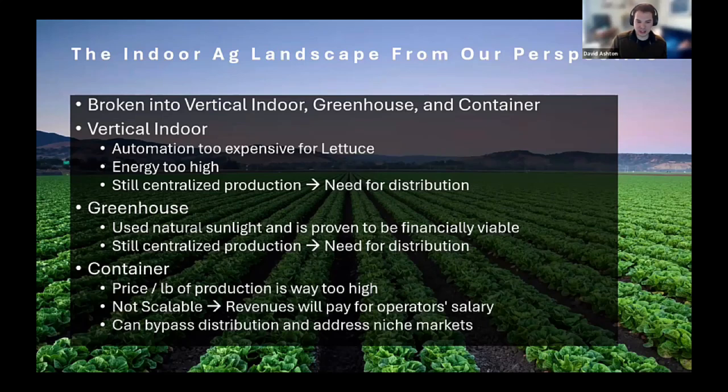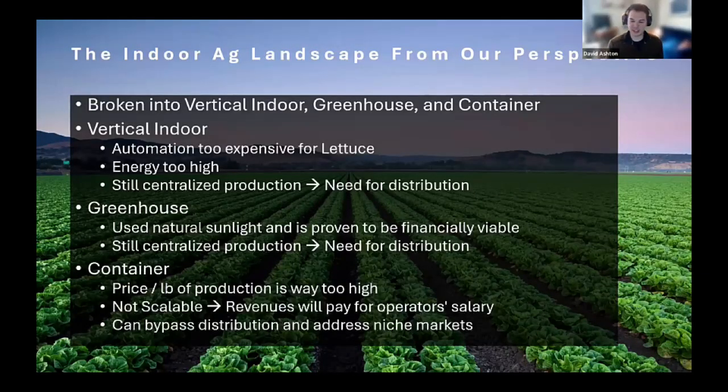Greenhouses, everyone knows our greenhouses. These are natural sunlight, and they've been proven to be financially viable. But the issue with these is that they're still centrally located, and so they still need distribution. And kind of taking a step back, the picture in the back is Salinas, California, and I think a lot